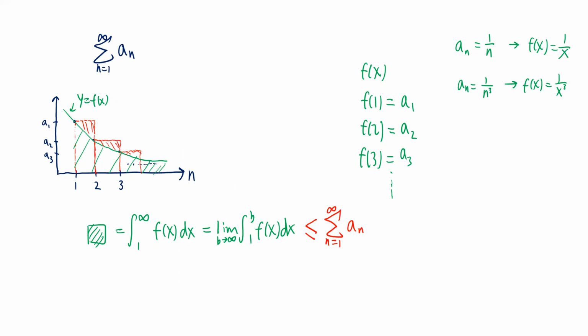So then that means if you try to do this integral and you cannot obtain a finite result, this integral also blows up to infinity. And you know that this series is bigger than or equal to this integral. So then that means this series must be divergent, right? So this helps us to test whether a series is divergent. In fact, the same method can be used to help us to test whether the series is